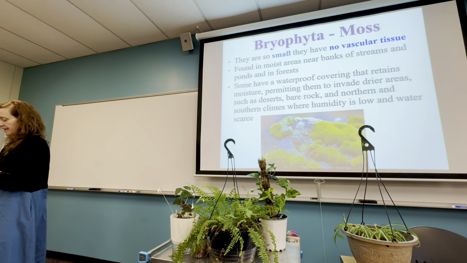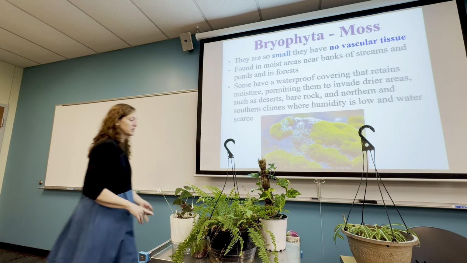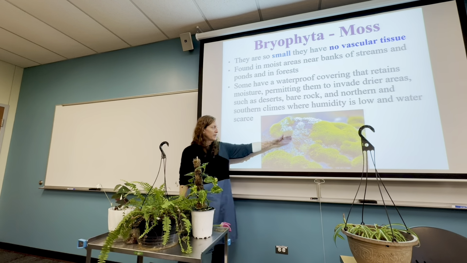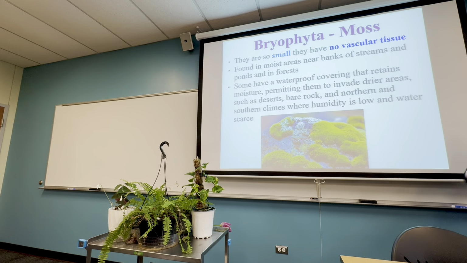So you'll often see mosses growing underneath the leaf canopy in forests. You'll find these in shaded areas. So that's moss. That's what our bryophyta looks like. There are other species of bryophyta that look a little bit different, but they are very, very small. They are a plant, they are a plantae, and then their phylum group is Bryophyta.